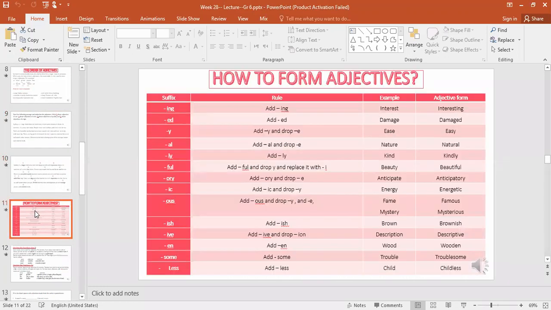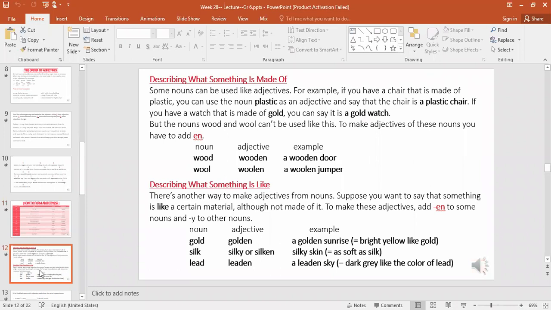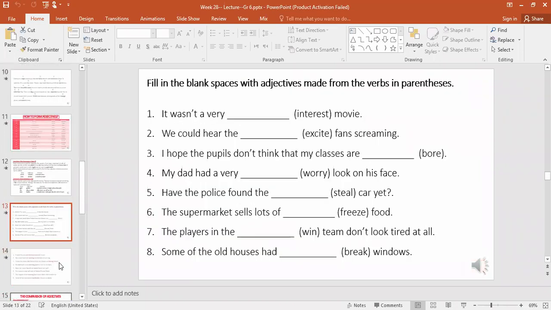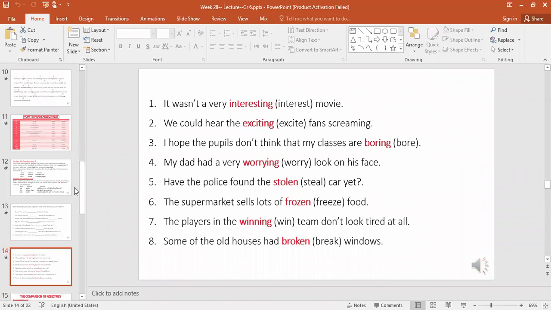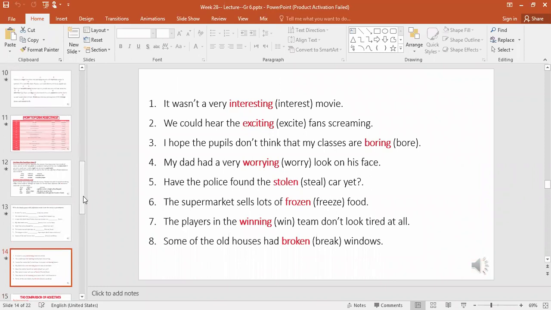Now we move to how to form adjectives. We talked about this the day before yesterday, and we said that to form adjectives, we should add something called suffixes to the verbs, at the end of the word, in order to form an adjective. We also solved an exercise concerning forming adjectives. Now we move